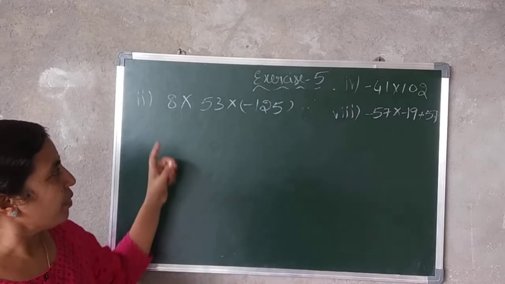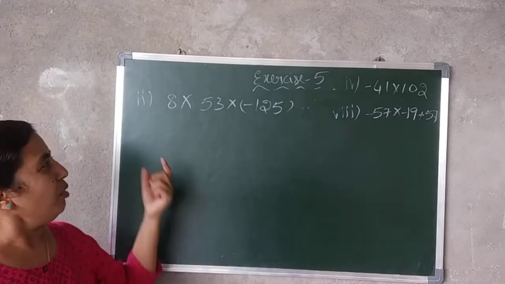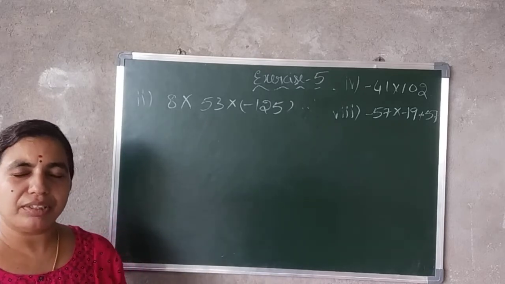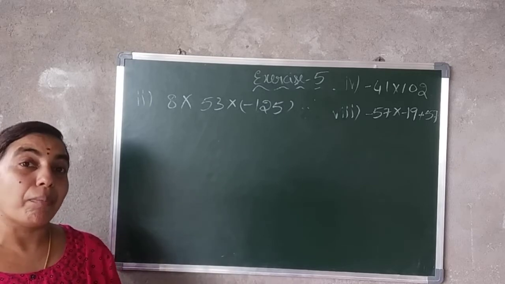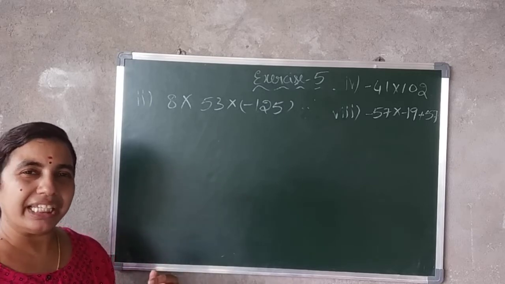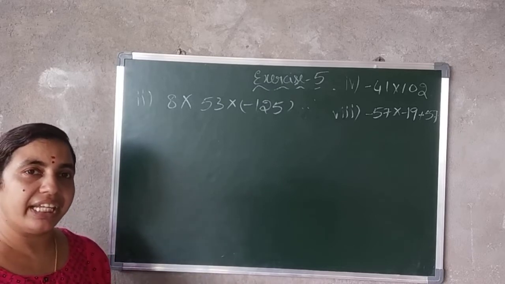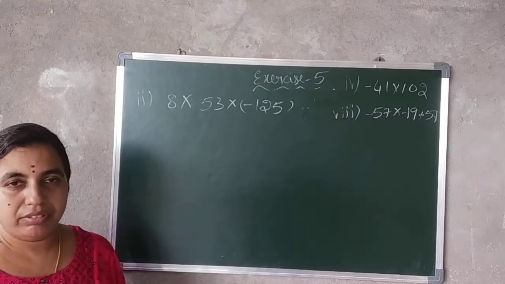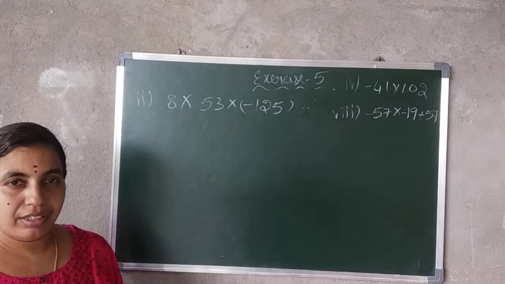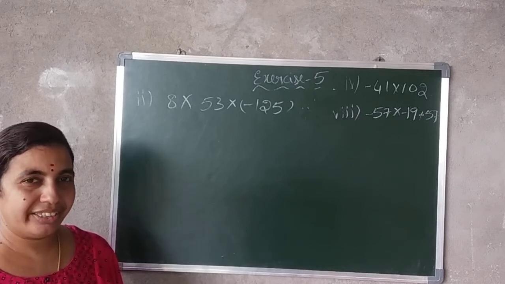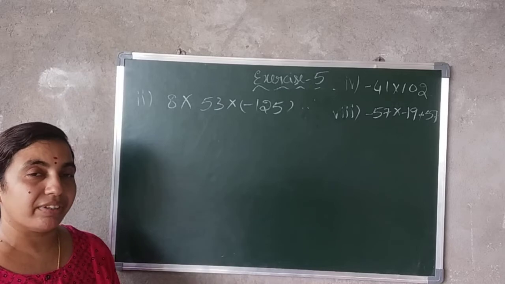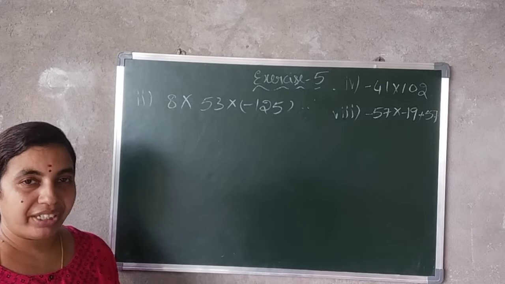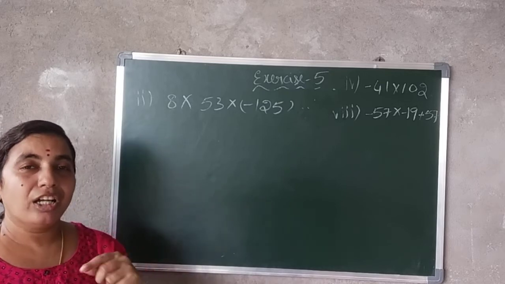Okay, so here in general what will you do? You will multiply these two and then you will multiply with the 125. But here, if you apply the commutative property, it is very easy to calculate. See here, if you observe, if you multiply 8 into 125, you will get a multiple of 10. Yes or no? So you have to observe whether we are going to get any multiples of 10 or not. If you are getting multiples of 10, what you have to do? You have to apply the commutative property.